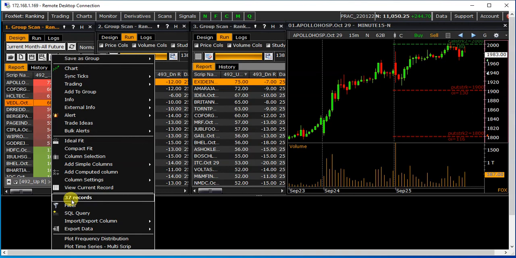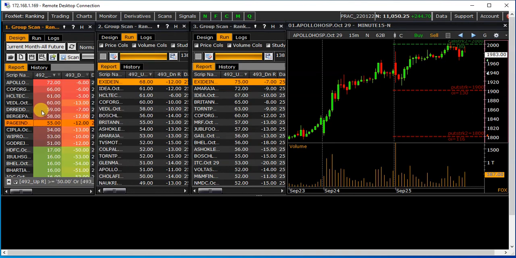So in this manner you can filter your ranking too, but this filter may not save. So whenever this is required, you have to do it. Okay, so in this manner you can create your ranking system and use it.